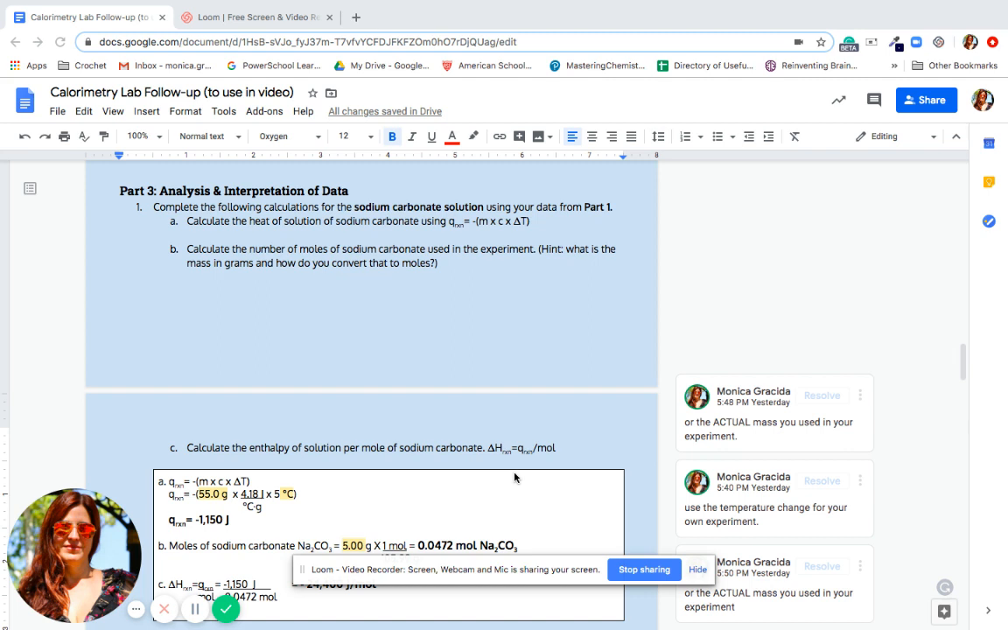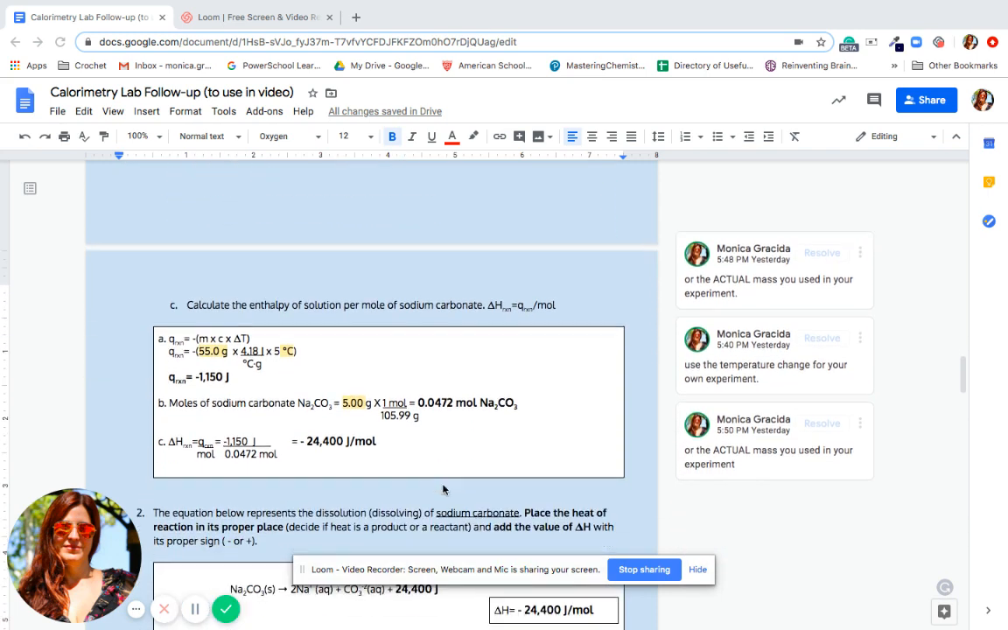Okay, then we're going to go through the calculations quickly to make sure you did the correct process, or to make sure you're understanding what this means. They're asking us to calculate the heat of solution using the Q of reaction formula. They're asking you to calculate the number of moles of sodium carbonate and to calculate the enthalpy of solution per mole of sodium carbonate. So the way that this is done,